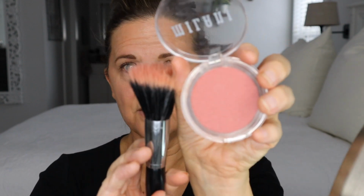And I did at first put it on my finger and then dab it and then rub it in. But I think the best way to do this, which I found out, as you can see I've used it, is to just take it in here and put it on my cheeks that way. And it just gives this nice little flush. Again, I'm not using a lot, but